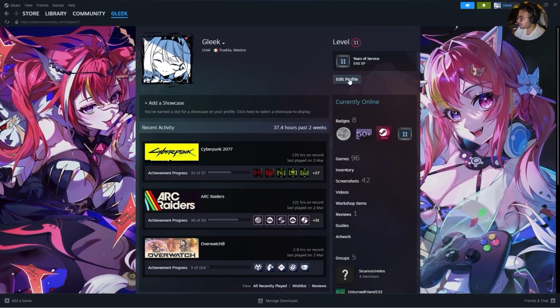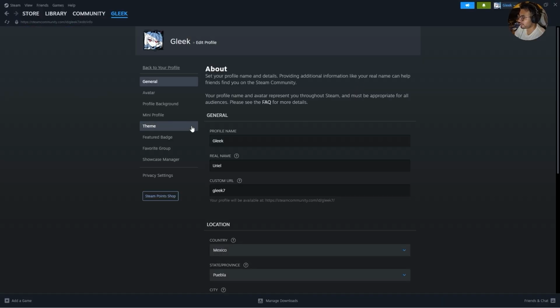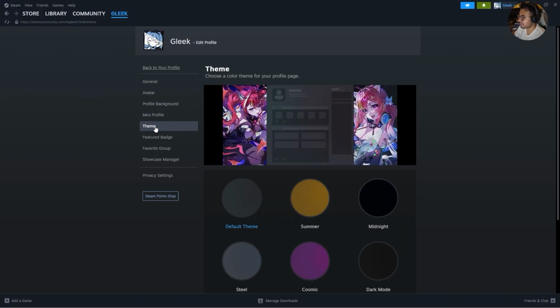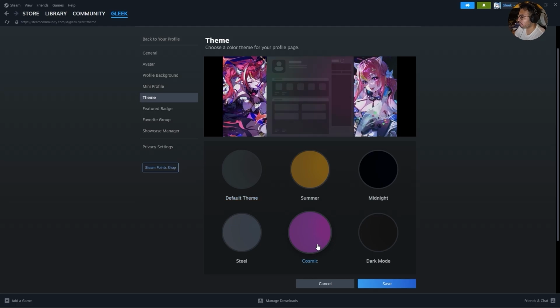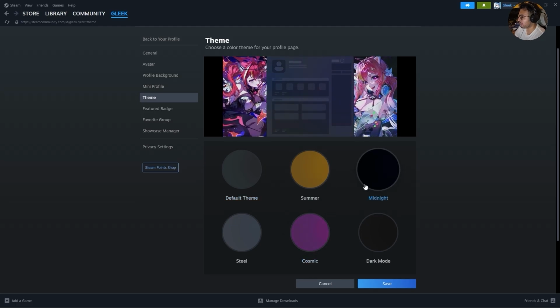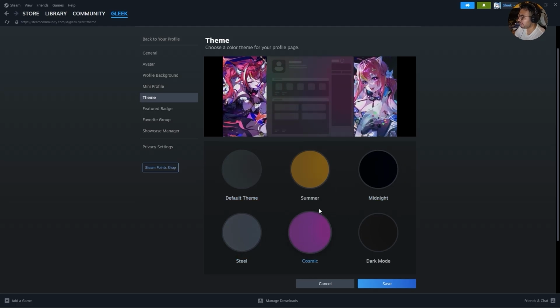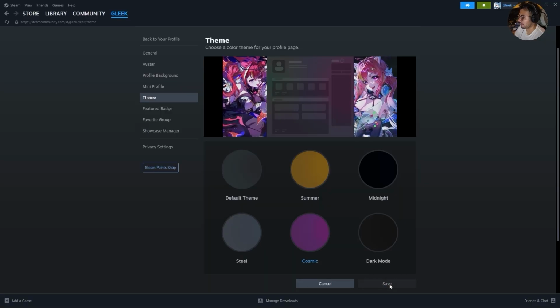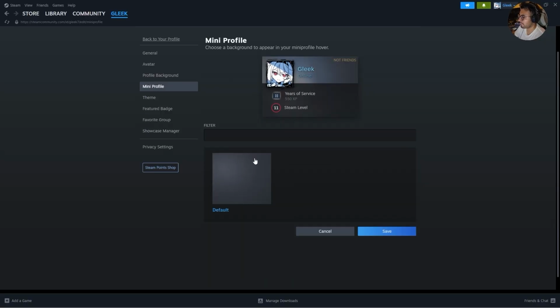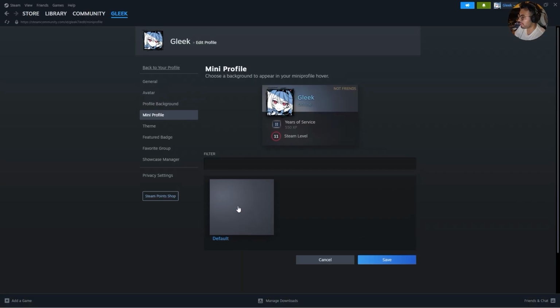And if you want to continue editing it, just click where it says Edit Profile and simply scroll down to see which one you prefer. For example, there is this theme, there is this other one, there is the effect. In this case, I like this one, so I'll click Save. We have the one for the mini profile. In my case, I haven't purchased anything for the mini profile, but even so, if I wish to, I can